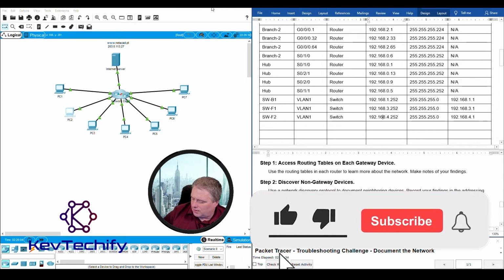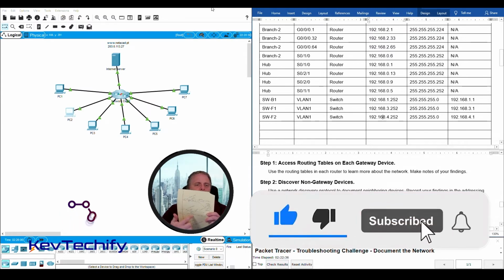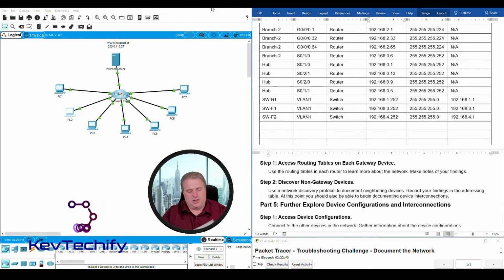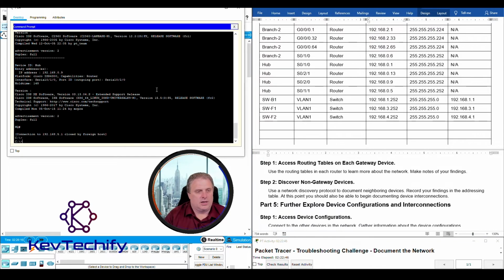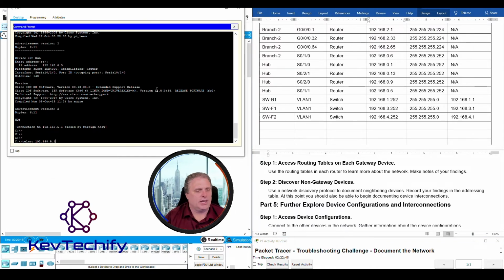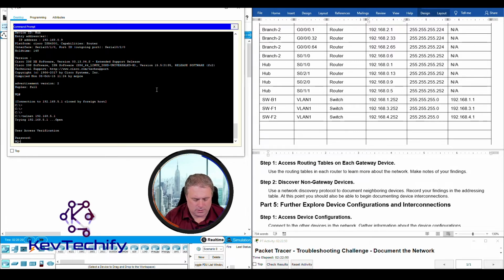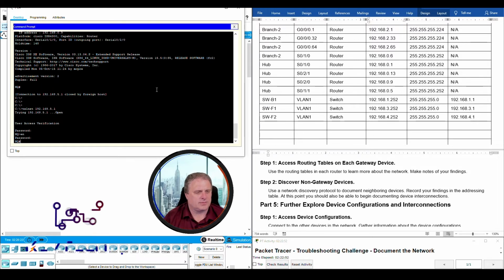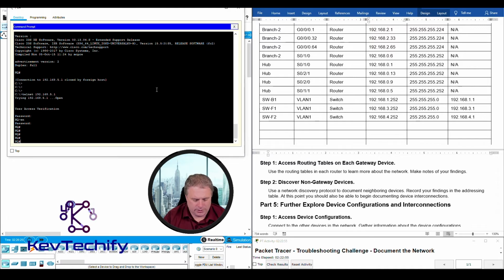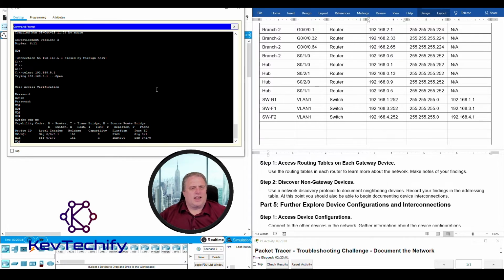Now, looking at my diagram, PC2 and PC3 were connected to the same router with the same switches, and I have that all documented, so I don't need to go into PC3, but let's go ahead and go into PC4. Reestablish my telnet connection. Cisco enable class. Do a show CDP neighbors, and I have an